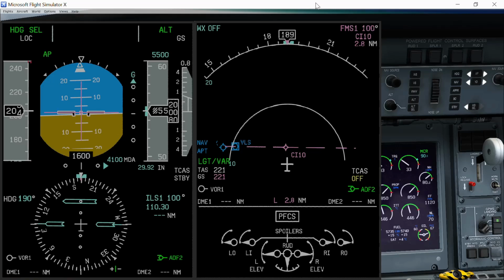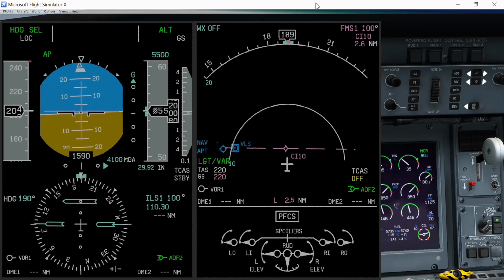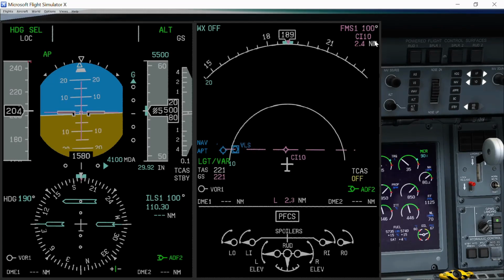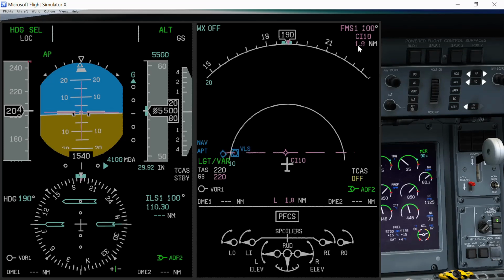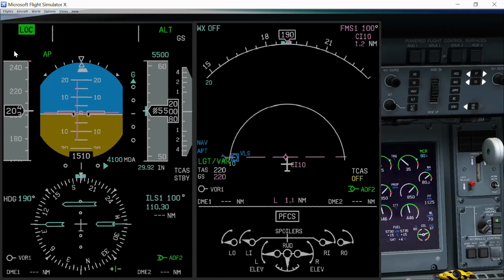So here we go. Let's unfreeze the simulator and see how the glide slope indicator looks as the aircraft approaches the course intercept 10. We're coming in 2.4 miles now from CI10, as you can see, and in this case we will be intercepting the localizer. You can see the needle here is moving now, so the localizer is coming alive gradually. Of course, the sensitivity of the sim also matters in this case, like the software which we have on this PC. There we go, localizer is captured in green,